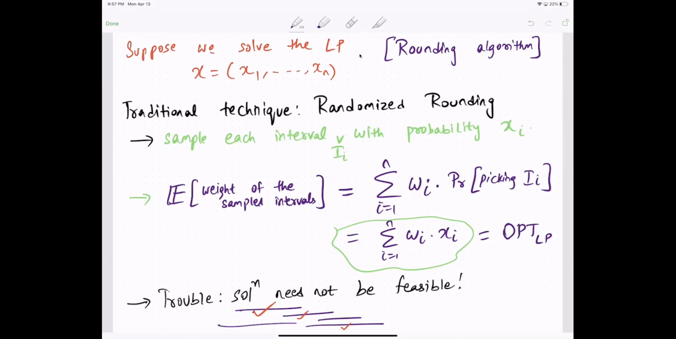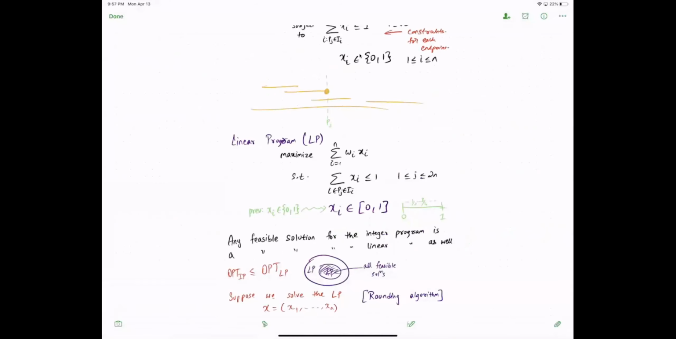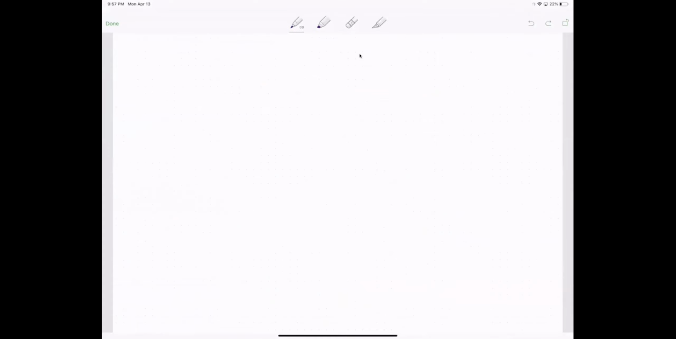Okay, so now how do we take care of this, right? Well, here is where this technique of randomized rounding with alteration comes in, right? So what's the question we want to address here, right? So the question is,